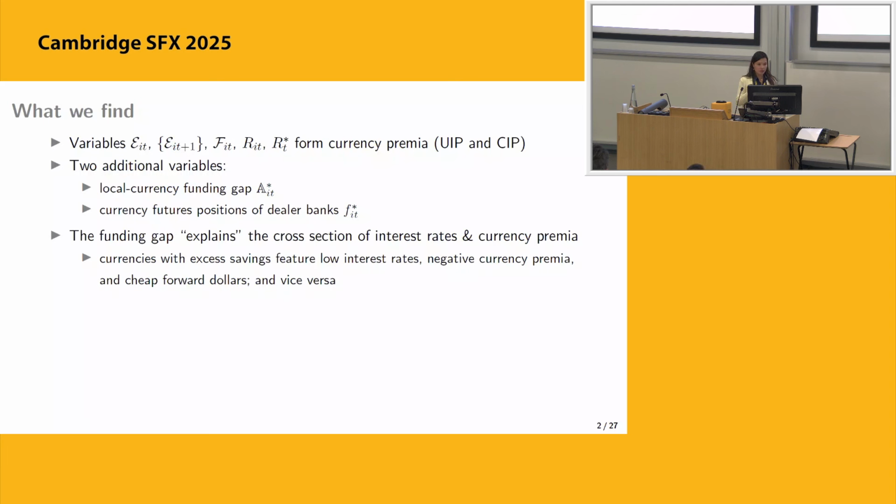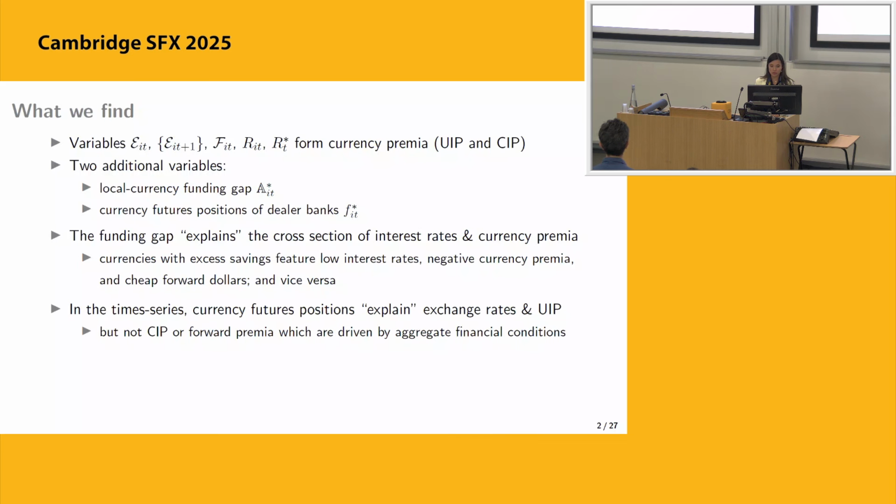So just a few words, this funding gap explains in the cross-section, and we'll leverage a very comprehensive data set that at the IMF we have about external gross asset and liability position in different currencies. And what you'll see is basically currencies with excess saving, think of the yen, for example, will feature low interest rates. That's where we have a lot of savings. And they will have negative currency premia and cheap forward dollars, and vice versa